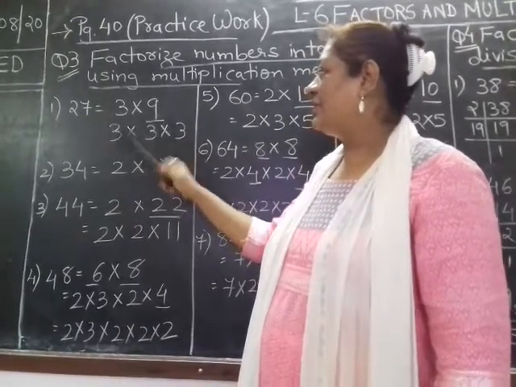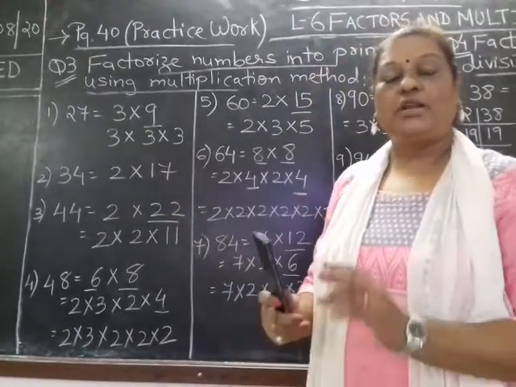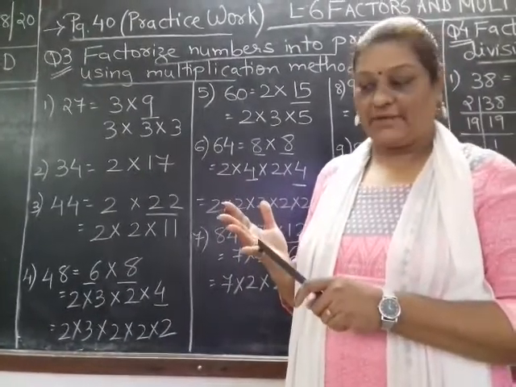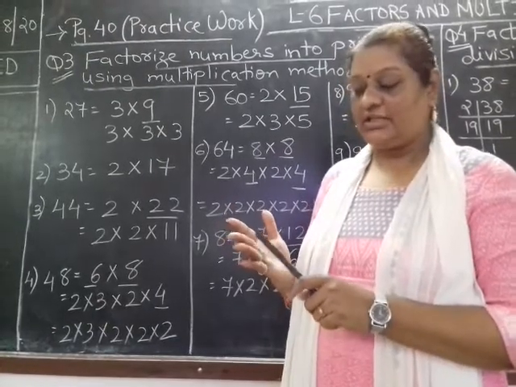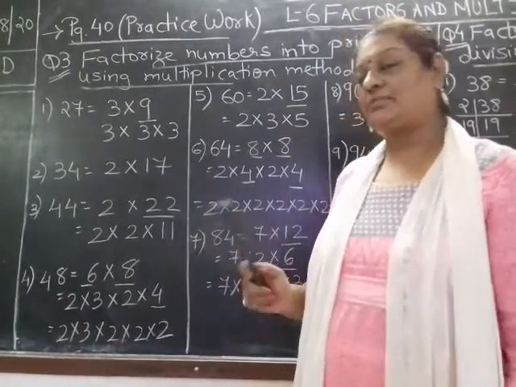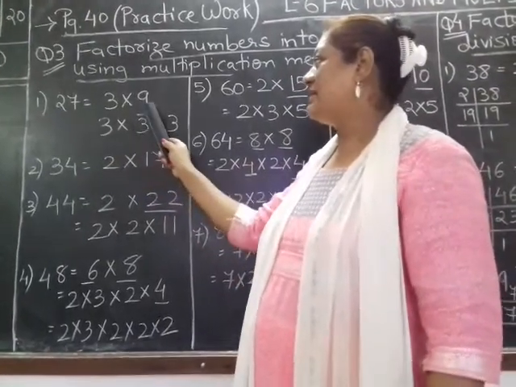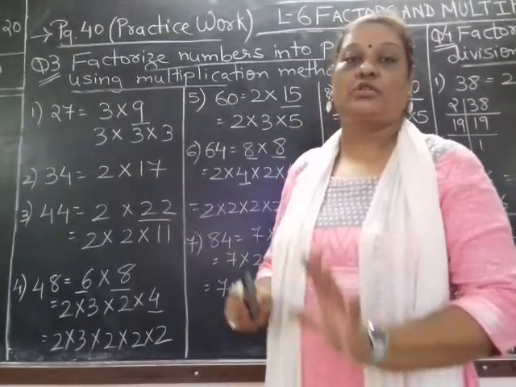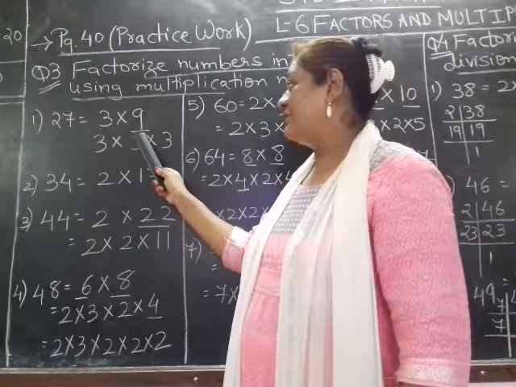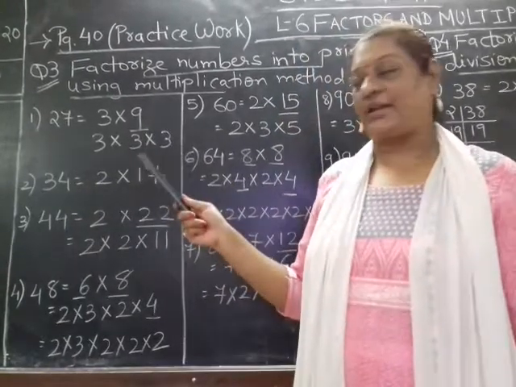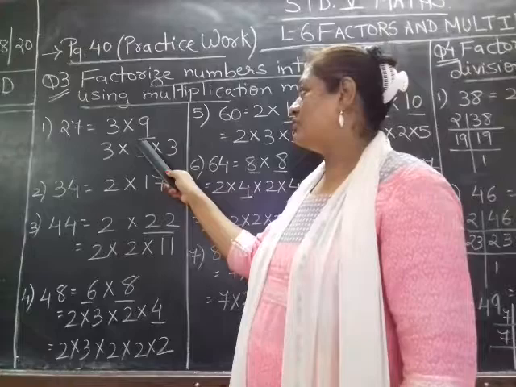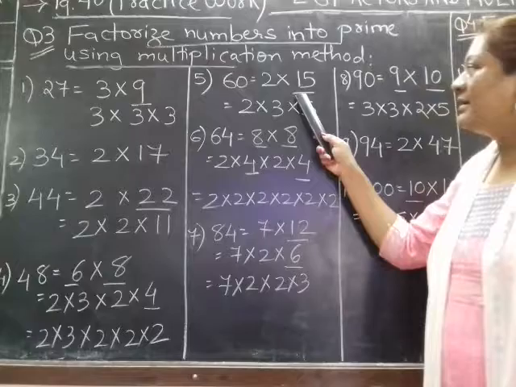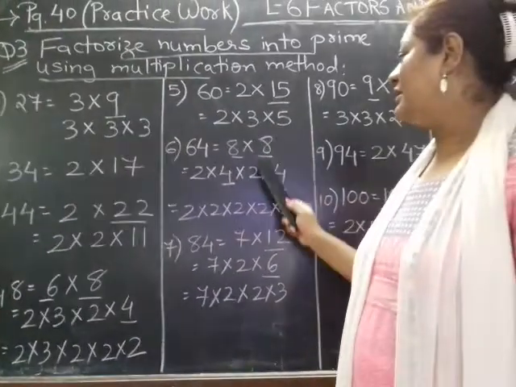Now out of 3 and 9, you know 3 is a prime number. You only have to remember the prime numbers till 20, like 2, 3, 5, 7, 11, 13, 17 and 19. Your maximum sum will solve in it. So now we have 3 nines are 27, 3 is a prime number. So keep the prime number as it is. We are not supposed to touch the prime number. Only 9, which is a composite number having more than 2 factors, will convert it into prime. So see, wherever you are finding the composite numbers, I had underlined them so that it will be clear to you that they are the composite numbers.